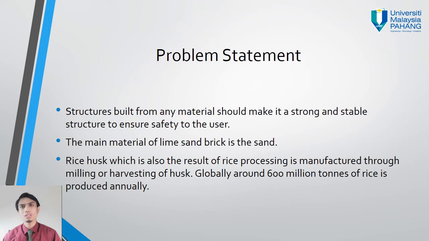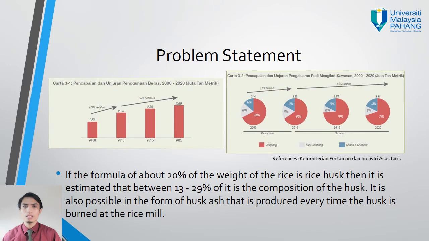Globally, around 600 million tons of rice is produced annually, and it produces a huge amount of rice husk. In Malaysia, Kementerian Pertanian dan Industri Asas Tani state that rice production increased from 2010 to 2020 by